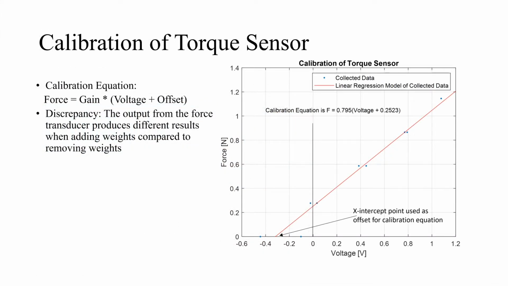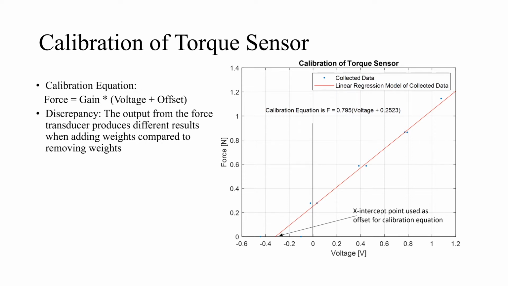Calibration is necessary to convert measured voltage into a meaningful force. To do this, known weights are added to the calibration arm, and the voltage is recorded for each set of weights. Multiplying the known weight of the masses by the measured calibration arm and acceleration due to gravity to get